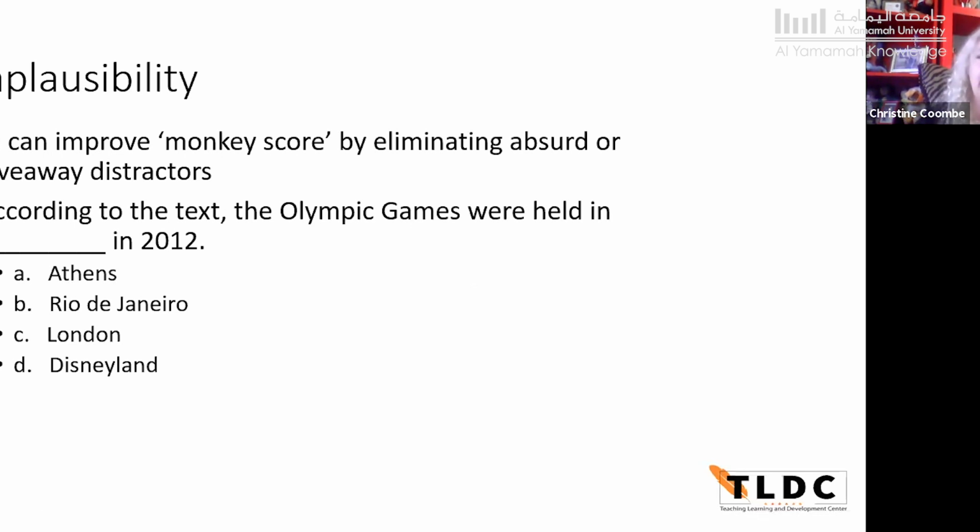Implausibility is when, for some reason, teachers like to amuse themselves when they write test questions. So they include a distractor that is silly, either to be funny or to make themselves laugh. This is okay for teaching, but in testing, if you're going to have 4 response options with an MCQ, each of those response options has to attract students. So if you have one that's kind of a throwaway, such as Disneyland in this question, it's not going to attract anybody to the answer. So it's kind of a waste of a response option or distractor.